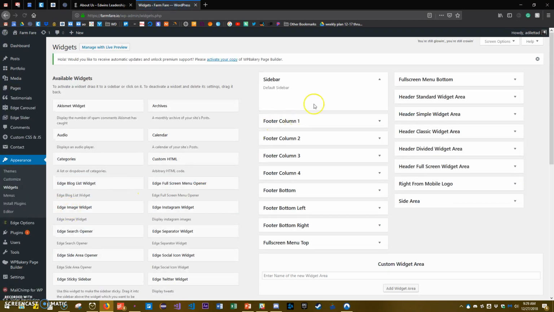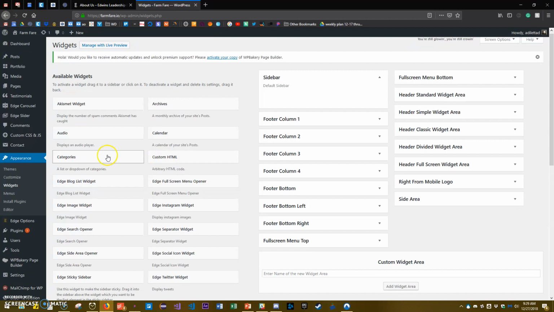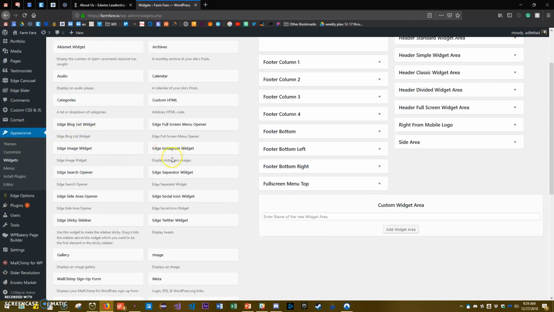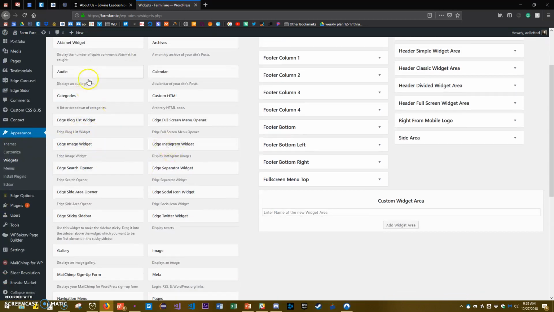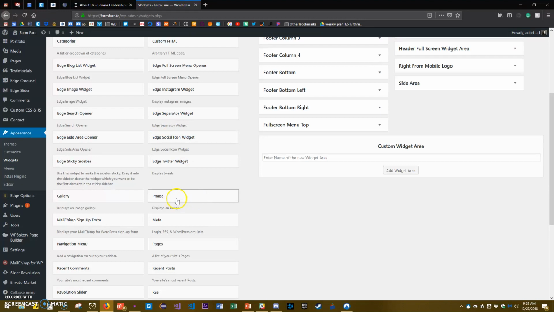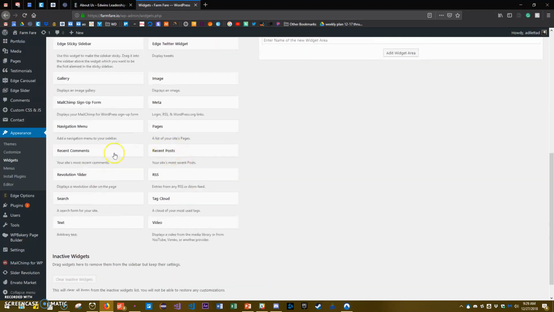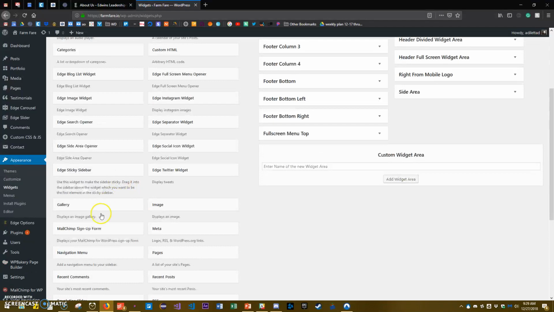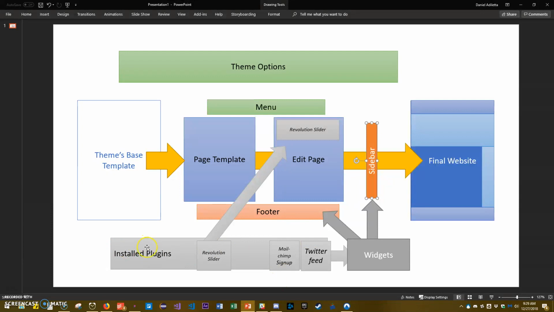And widgets are little applets, tiny little features, like a single image, a text box, or something more sophisticated like a sign-up form for your mailing list that is installed as a plugin. You can also get a Twitter feed. And so these are plugins that I'm adding in to my WordPress, and they add in new widgets